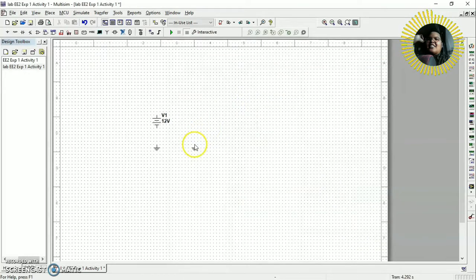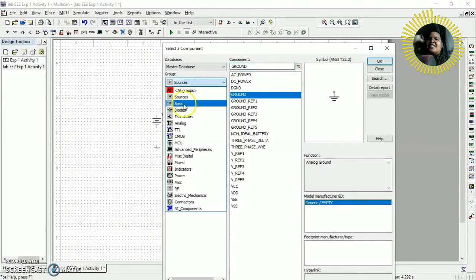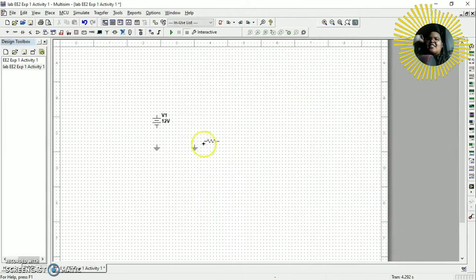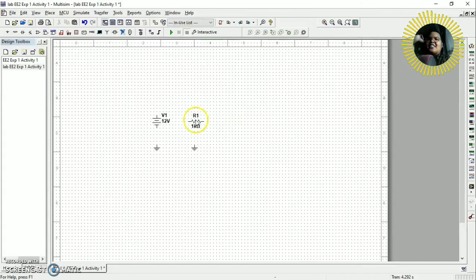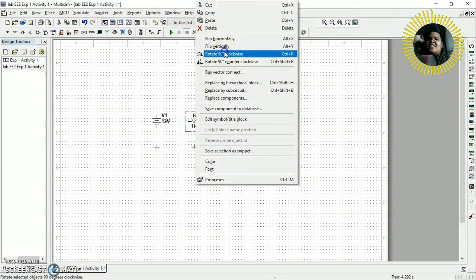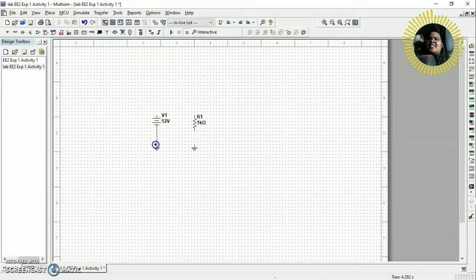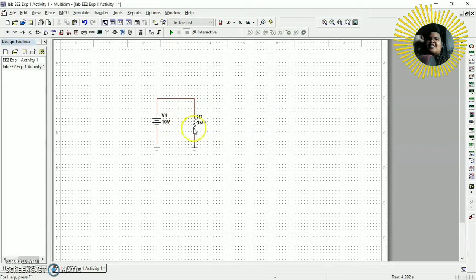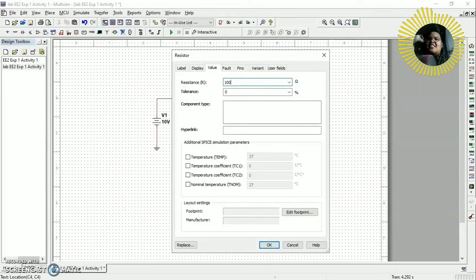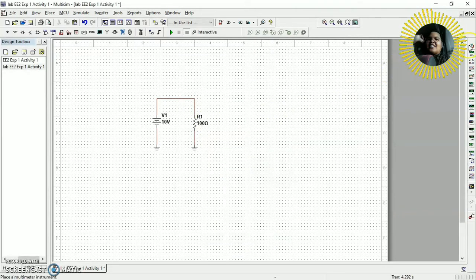We put the DC voltage, DC source, rotate the resistance, and connect it. We change the resistance value to 100 ohm,